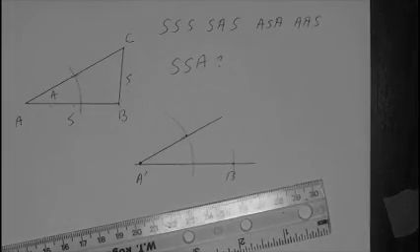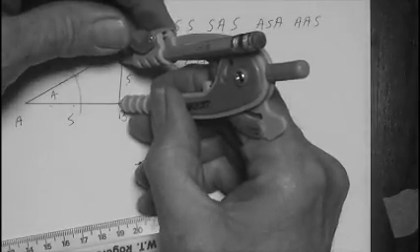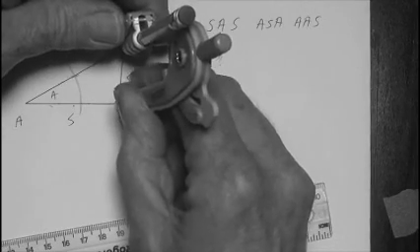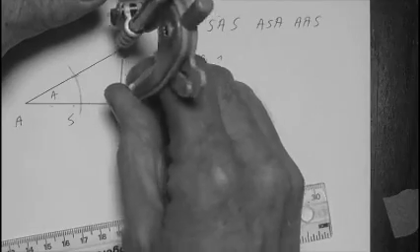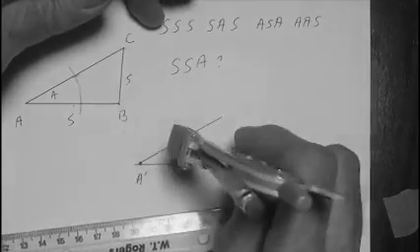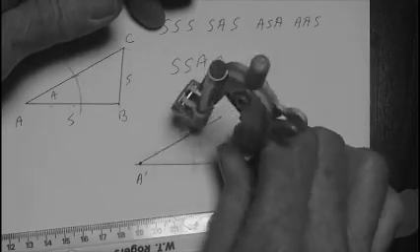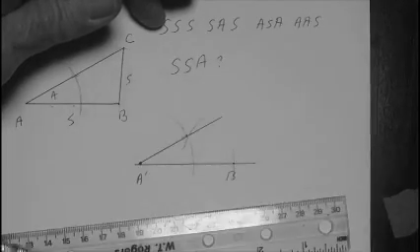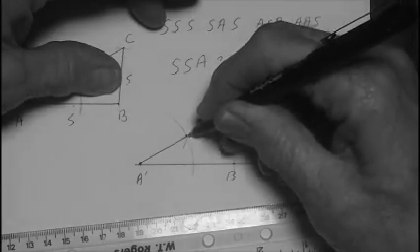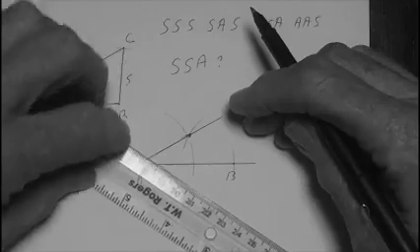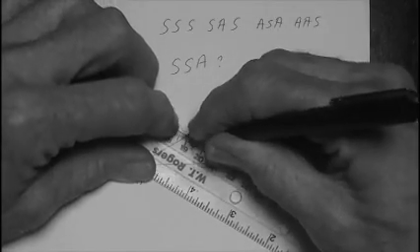Let's see here. I come up and measure this side now. And I'll come over here and swing that and see where it hits my line. Oh, it hits it right there. Well, that doesn't look very good. Those two triangles don't look at all alike, do they? But